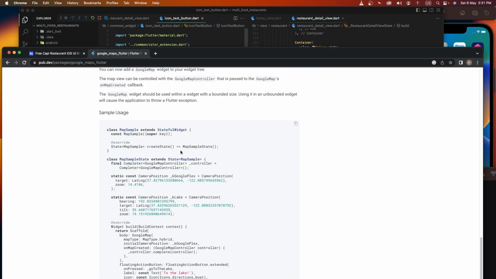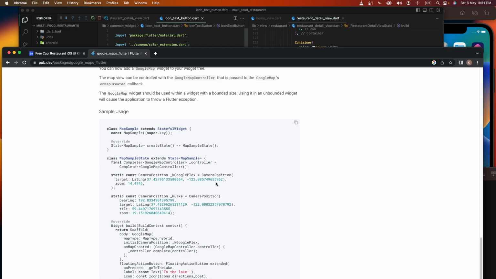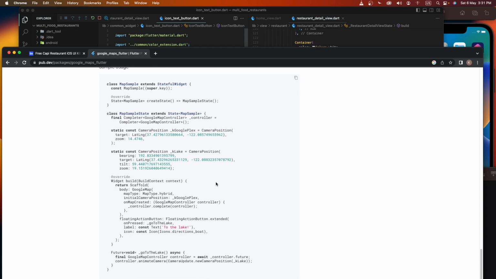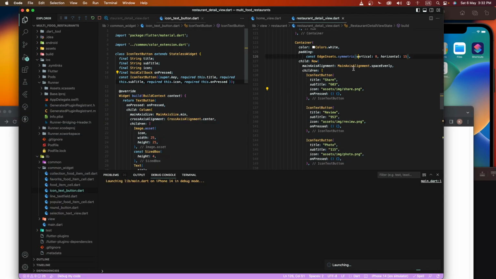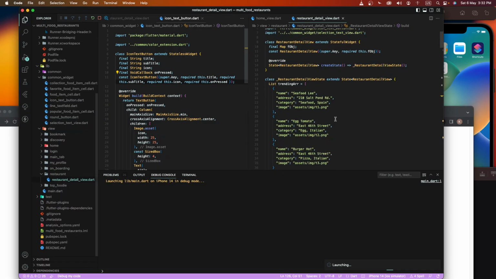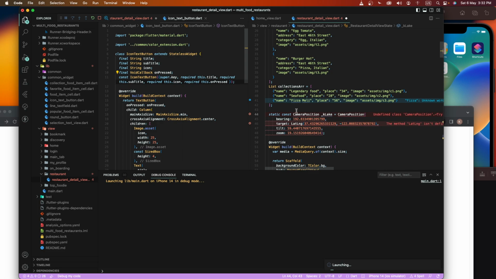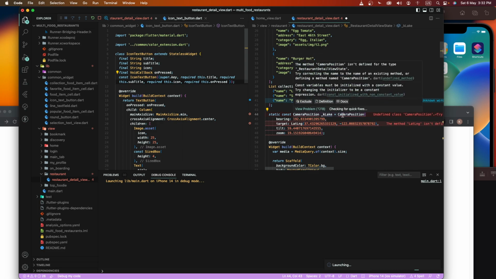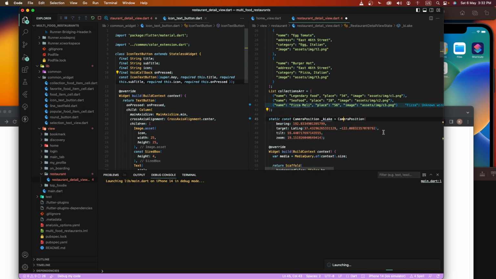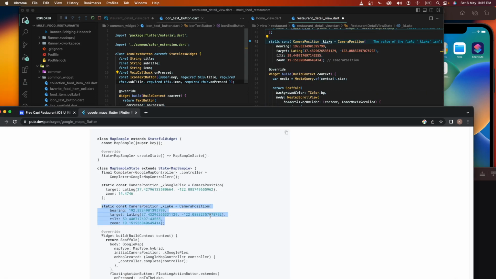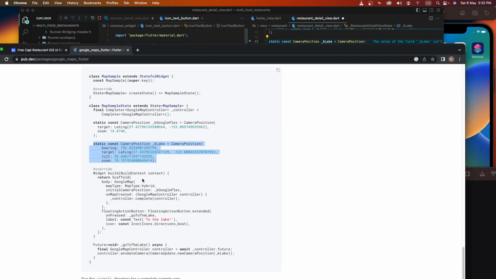And now we'll create some camera position and copy this thing, and paste here, or I will pass only this example directly. I will not set any latitude longitude. And first of all import this camera position, import this Google Map Flutter, and then this Google Map view. Create this controller